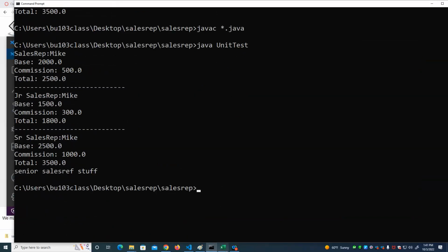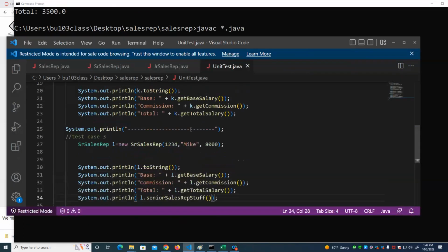Your sales rep stuff. But what if I declared the variable this way? And this will often be the case. Maybe instead of having individuals, I have an array list of sales reps. All right. Could I put a senior sales rep in an array list that contains sales reps? Yes, I can, because a senior sales rep is a sales rep. Could I put a junior sales rep? Right, I could. But what if I declared something like this,